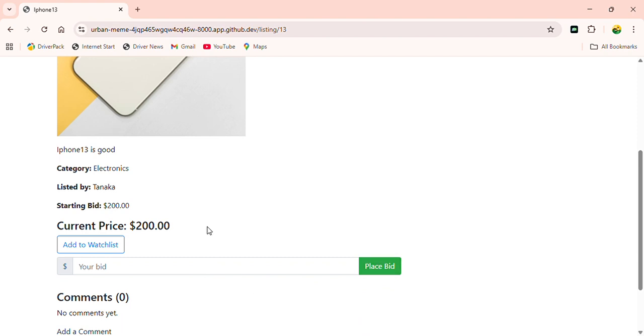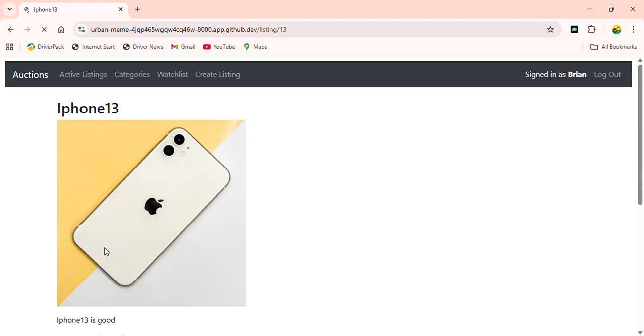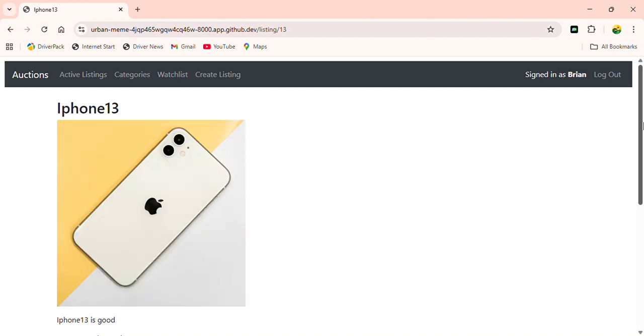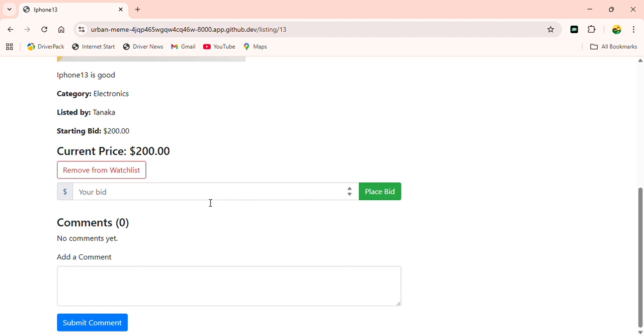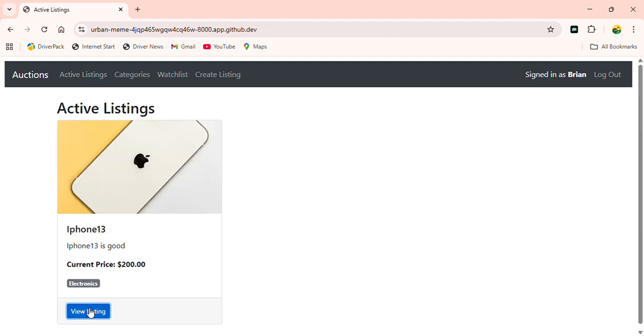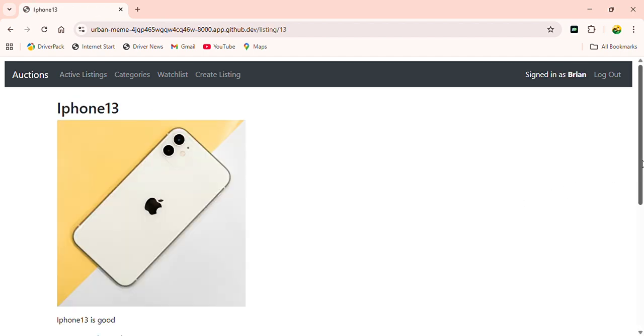As Brian, I can simply add this to my watch list, and when I go to the watch list tab, I should be able to see it. And here it is, the iPhone 13 appears in my watch list. And now I want to place a bid. As you can see, you can also remove this from the watch list. If I say remove from watch list and go back to the watch list, it no longer appears. And then I have to go back again to active listings